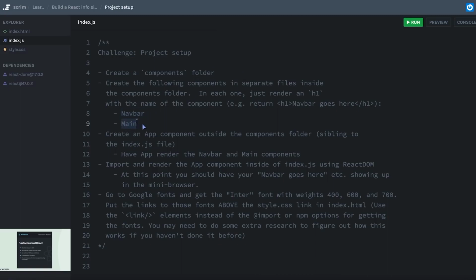For now, they should just render an H1 that says something like navbar goes here and main section here. Then I want you to create an app component, which will be outside of the components folder, and have the app component render the navbar and main components that you just created. Then inside of this file, the index.js, you will import the app component and then use React DOM.render to render that. The last step is to go and get the Inter Google font, specifically with the weights of 400, 600,